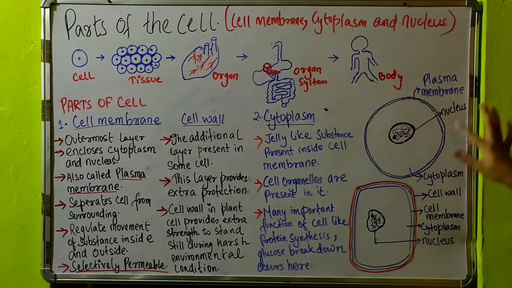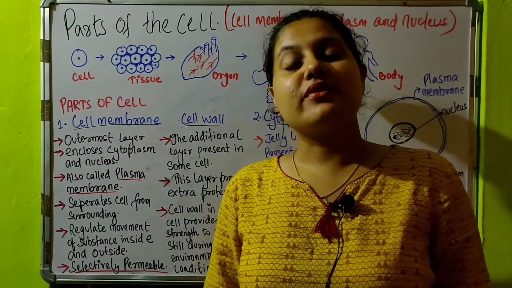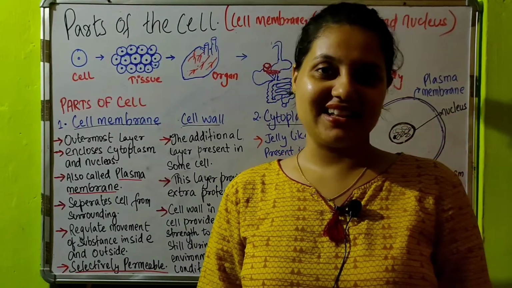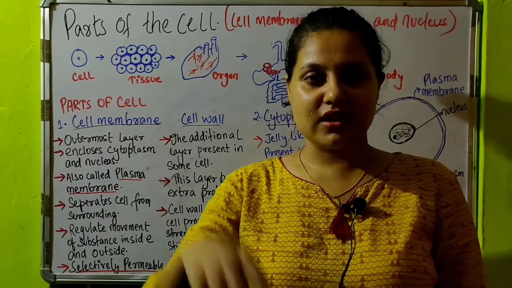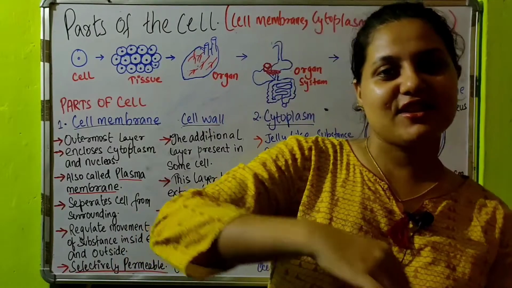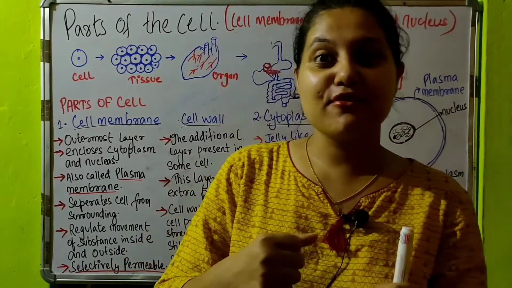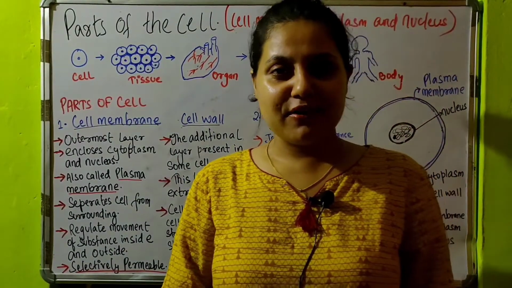There is no border of red color. Why is that so? Because cell wall is present only in plant cell, it is not present in animal cell. All right, why is that? Because see, I can swing my hand, my body is